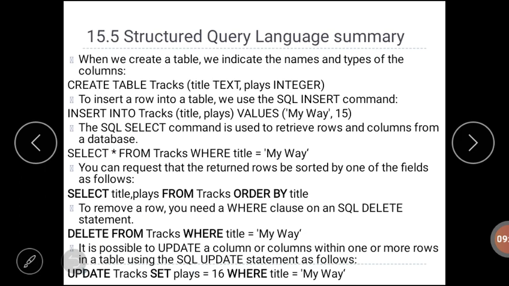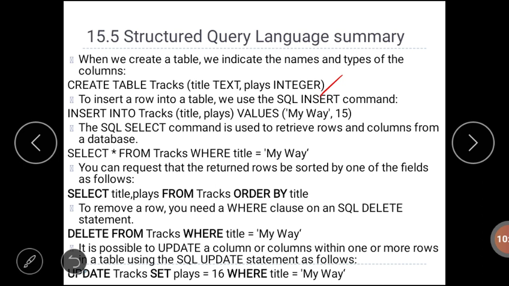Next we'll discuss this SQL summary. You already studied this concept in the database subject in the 5th semester. We will quickly go through all the commands that are used in SQL. Actually, SQL commands are case insensitive, but it is common practice to write commands and clauses in uppercase just to differentiate them from table names and attribute names.